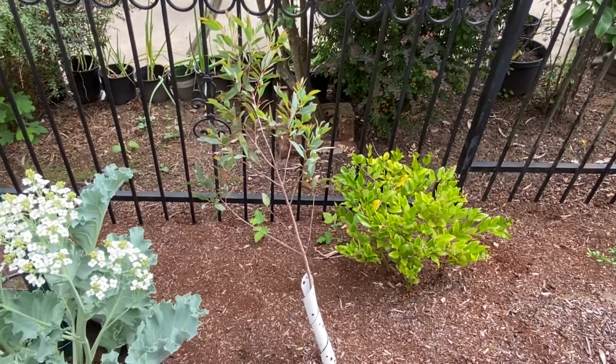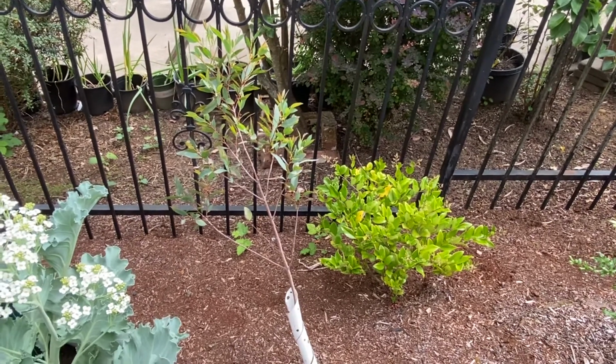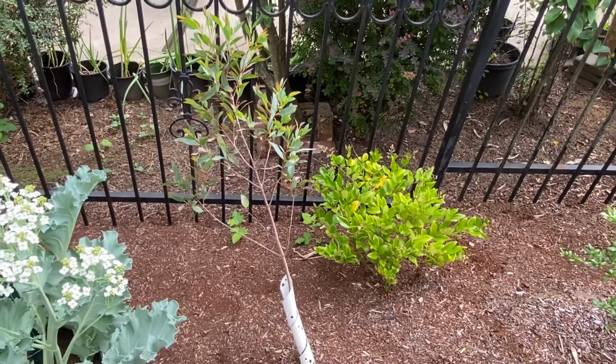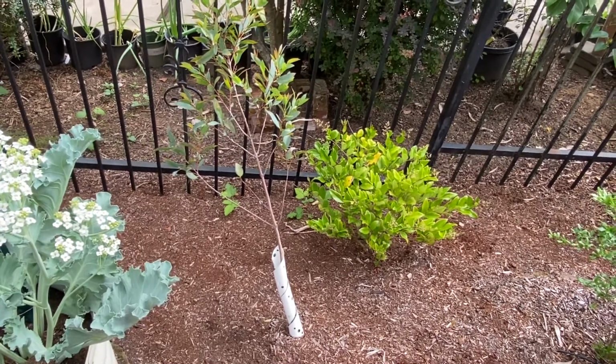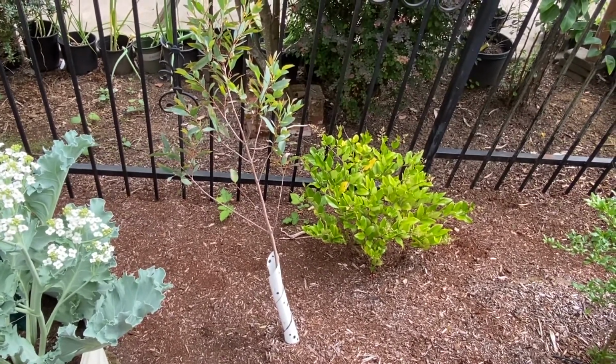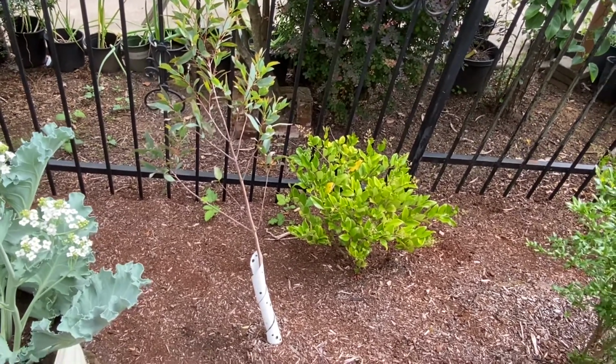So here's another one of my eucalyptus. This one is Eucalyptus stellulata. It's called Black Sally. Grew this one from seed. I have another one. This one actually got cut by the rabbits because rabbits like to sample things, and so